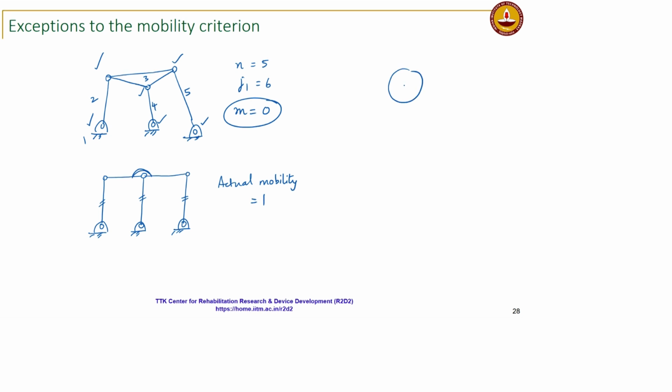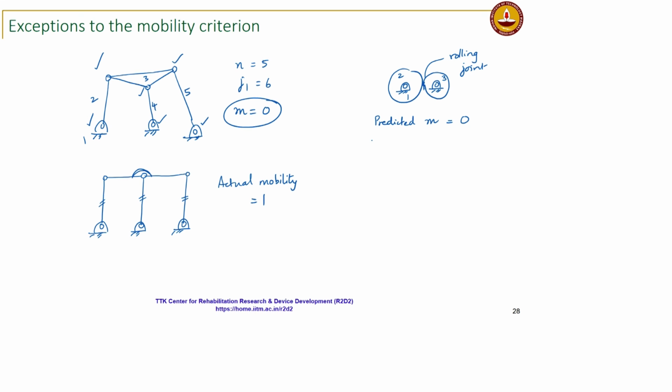Okay. So, similarly you have two friction discs. Okay. You have say a rolling contact. Okay. Here, if you use the mobility equation, what happens? What does it predict the mobility to be? Predicted m will be 0, but you know that this friction can transmit motion to the other disc, its actual mobility is